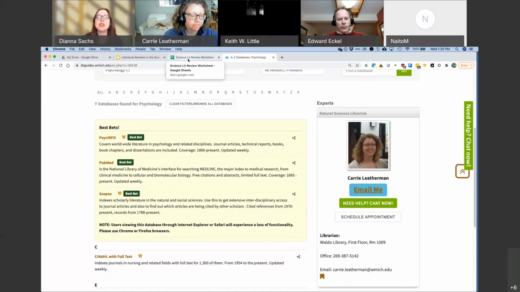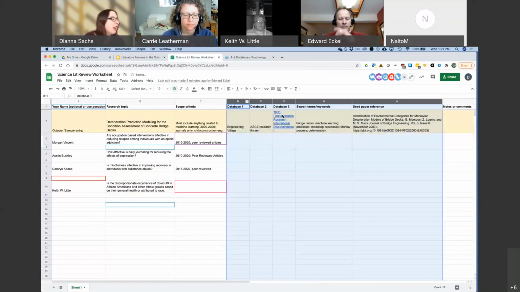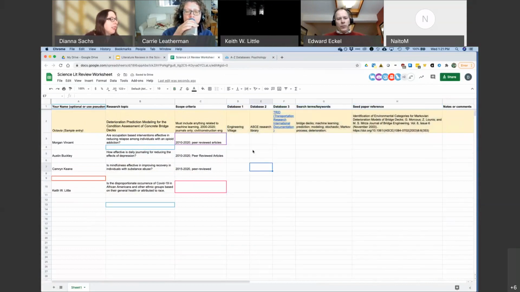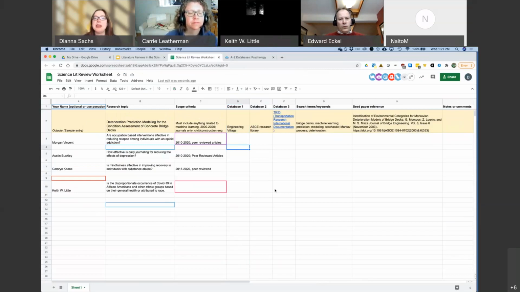So what I'd like you all to do is to go to this page and select a subject area that relates to the research topic that you have previously entered into this worksheet. So pick a subject area, or possibly multiple subject areas that relate in some way to your topic. And I want you to enter in 3 different databases. So you're going to do columns D, E, and F right now, and choose 3 databases that might be places where you would look for information on your topic. So just take like 2.5 minutes to do that.